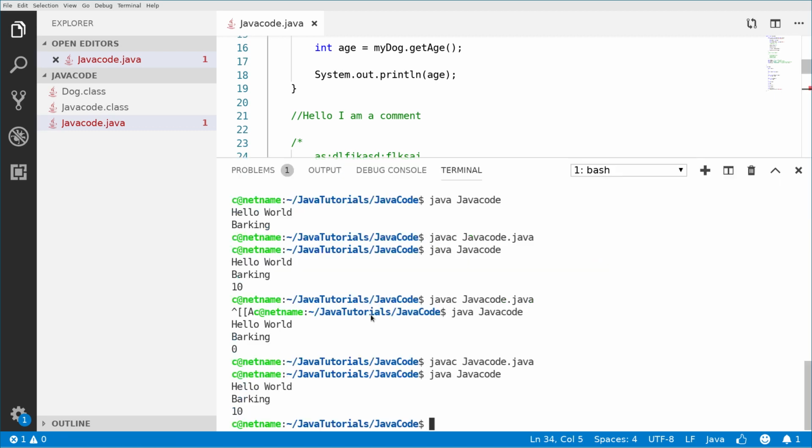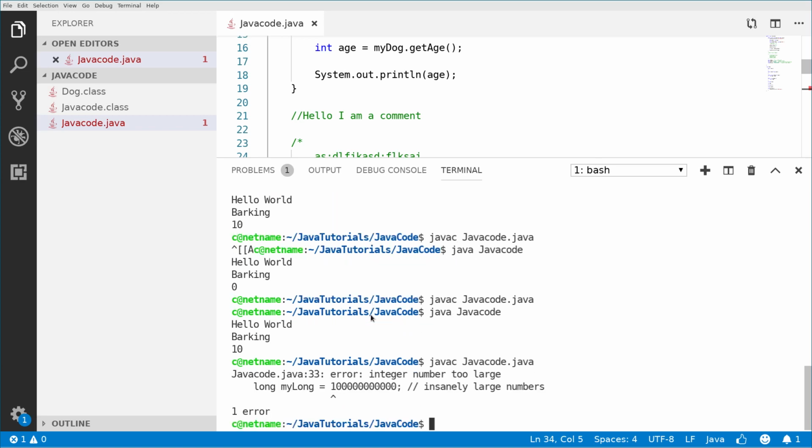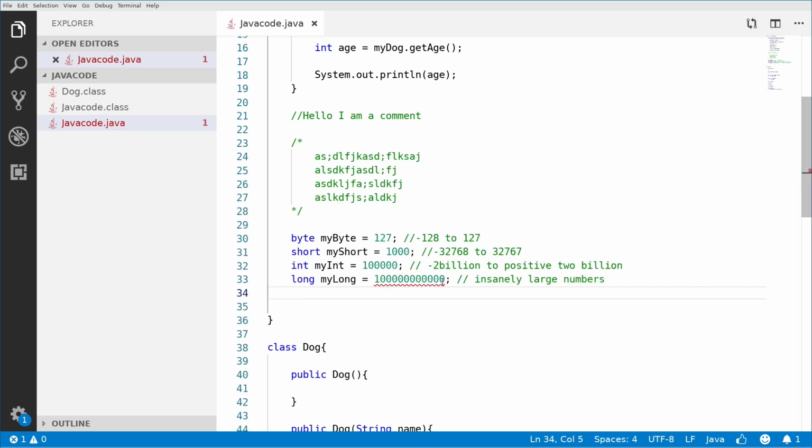Okay, just to make sure I didn't type an error, I will compile javac Code.java, and it says integer too large, right? But somehow it should fit here. Okay, we will figure this out later, but we will decrease this a bit.